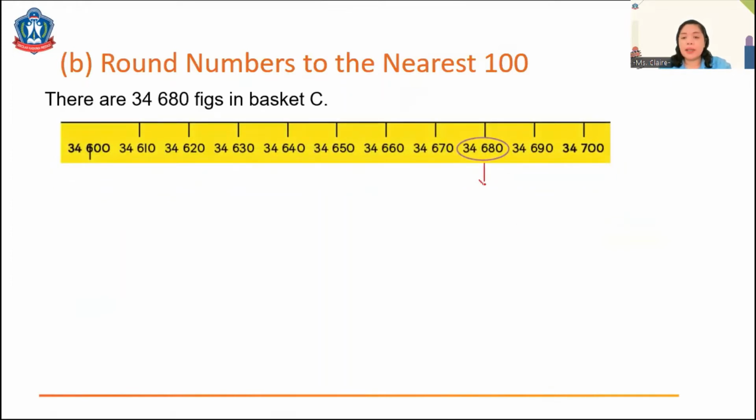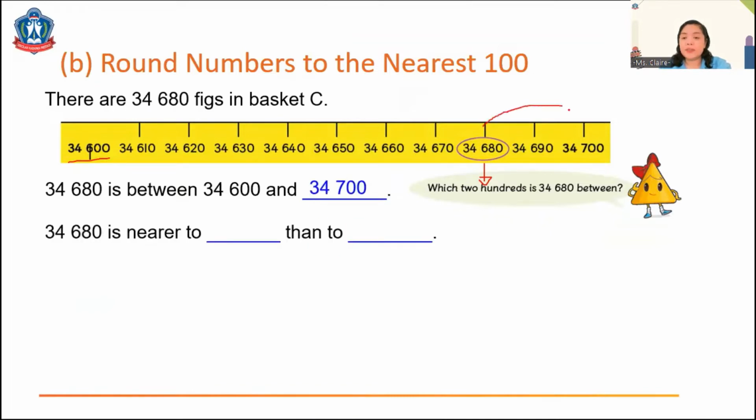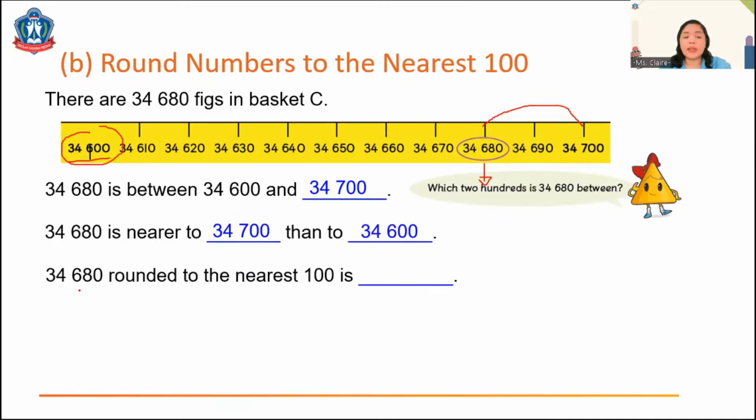34,680 is around here. This number is nearer to what 100? Is it 34,600 or 34,700? Okay, it is nearer to 34,700 than 34,600. This is very far. So if we round 34,680 to the nearest 100, the answer is